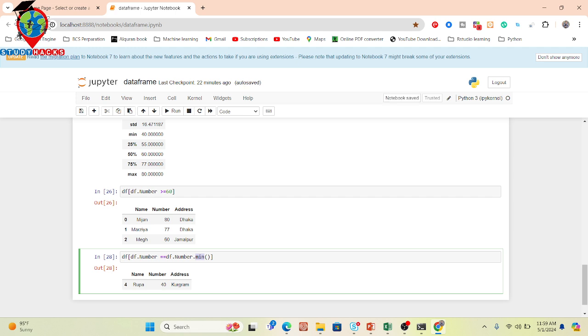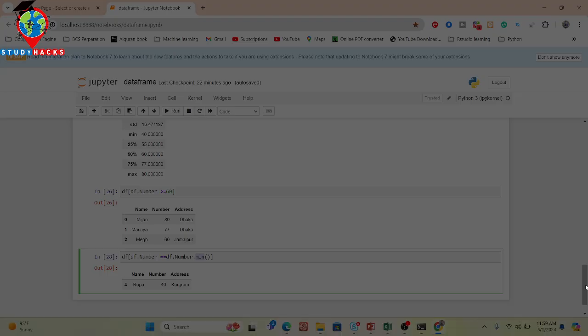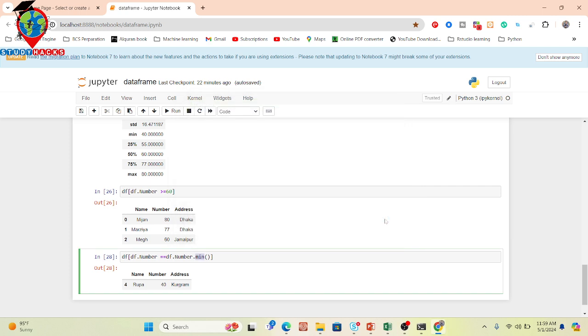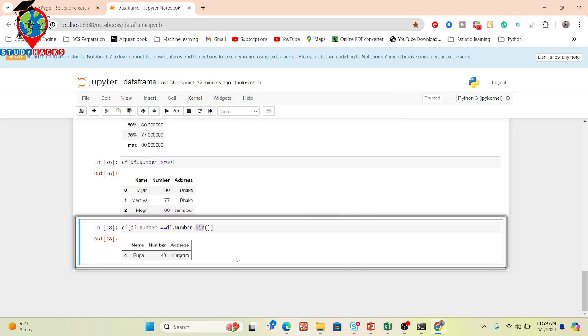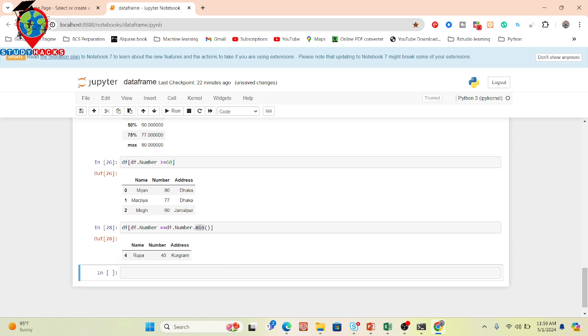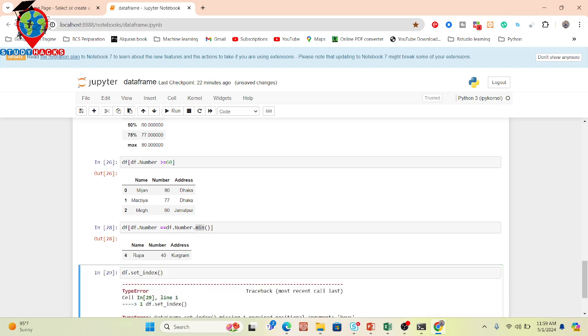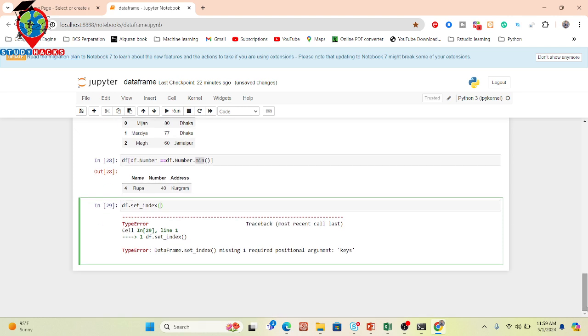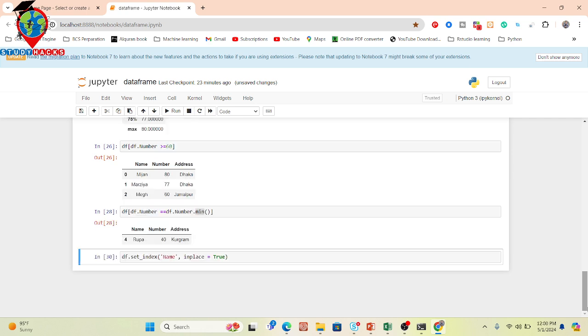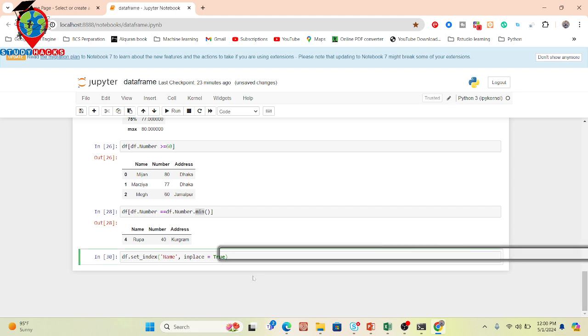Further, if you want, you can also check about the index. Suppose you want to check the index, for that what can we do. So this time we talk about indexing, the set index function. For doing this, I just take a new cell, and further I simply call my data set df dot set index. I want to set the index. If you simply click run, this time it does not work. I want to set the indexing using the name. Okay, using the name, I want to set the index. So just put here the column name, and then just put here inplace equal true. So here you can see now this will work, and now I take a new cell